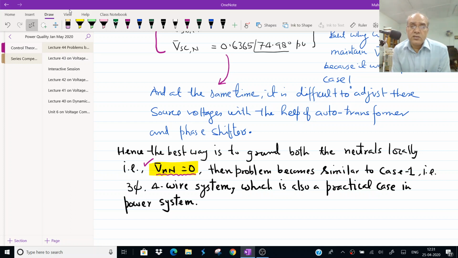So with this, the course is completed. I advise you all to solve the problems in the back of each chapter, the DBR chapter and the previous one, the theory of load compensation. Okay, any doubt, please write me back so that I can discuss with you and help you to get the correct answer or understanding.